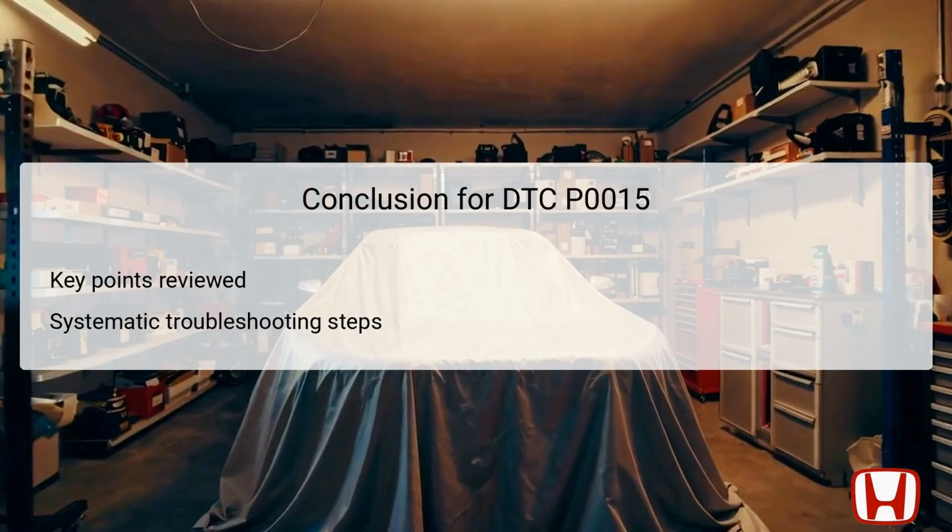By carefully inspecting the VTC Oil Control Solenoid Valve B, the VTC Actuator B, and the oil passages, technicians can identify faults affecting performance. The verification of repairs and preventive maintenance practices can further ensure that the VTC system operates efficiently, thus enhancing engine performance while minimizing emissions. Following this systematic approach is essential for effective troubleshooting and maintaining the reliability of the Honda